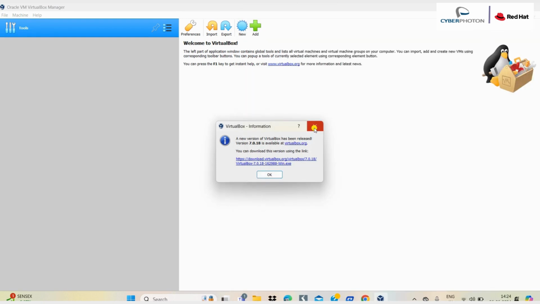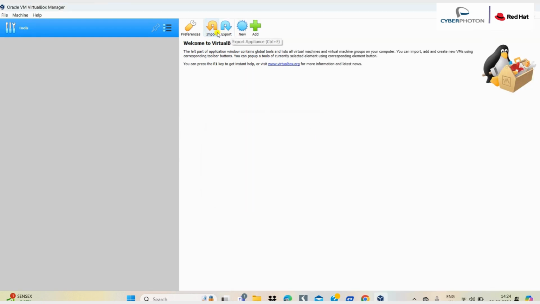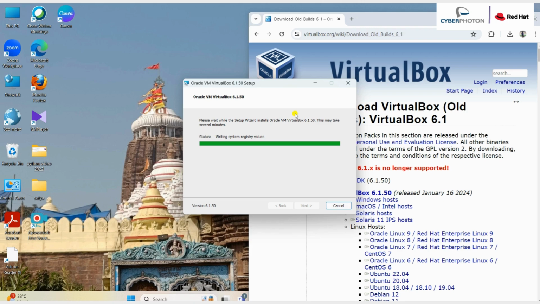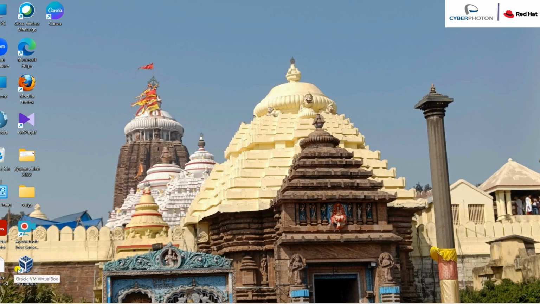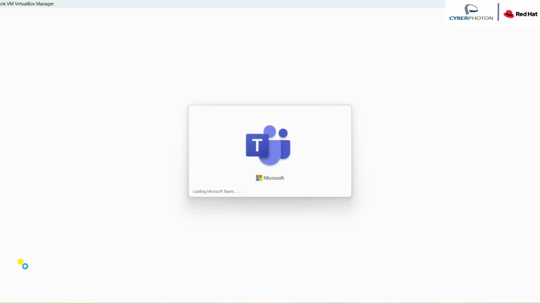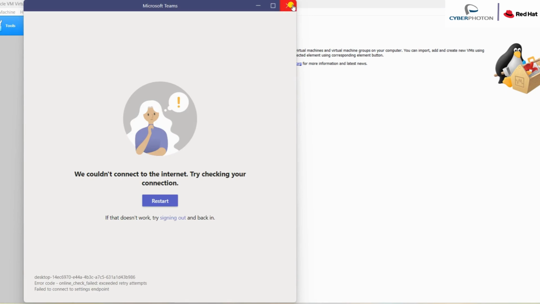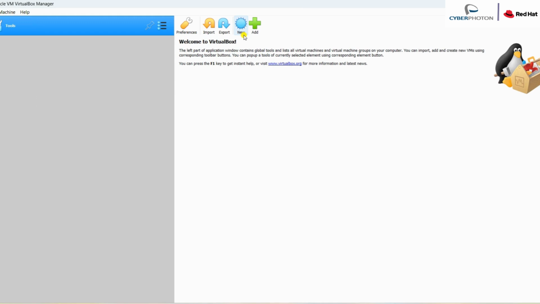See guys, I got the interface. So I'm just skipping this for this time. Okay, so as you can see, we installed the VirtualBox here, the hypervisor tool. So after this, what we can do, let me open it once. It's taking time. Okay, so simply what you need to do, you just need to click on New because we are creating a